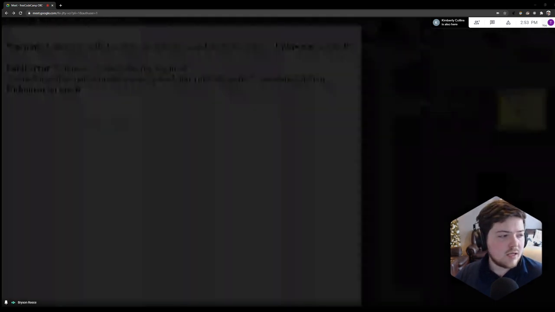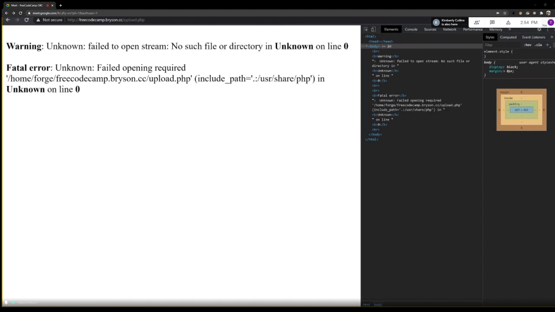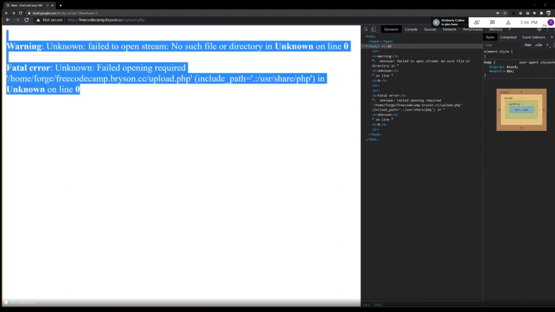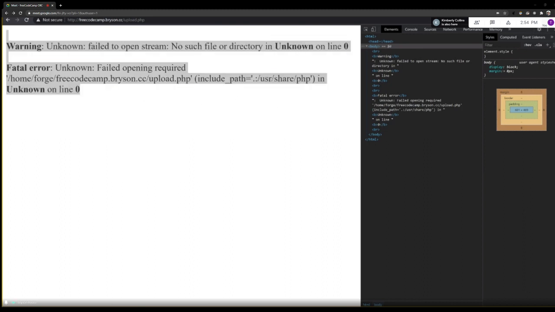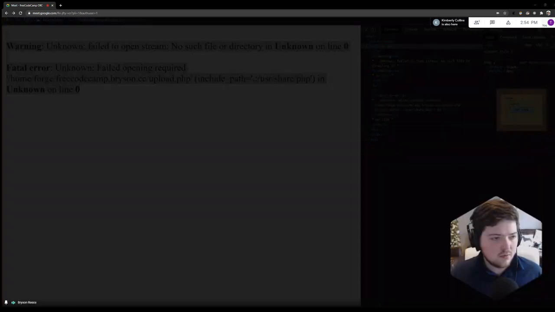But getting back to the project. If we take a look at this browser, we were running into this issue because we submitted our form, but it's pointed to this upload.php file that we haven't defined yet. The error I'm getting here is just from my web server, telling me that page isn't found. So jumping back into VS Code,